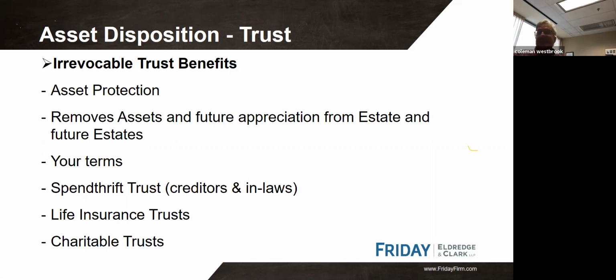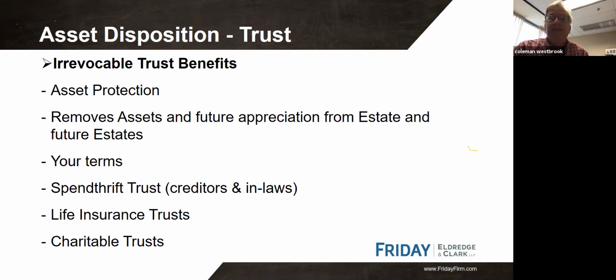And so if bad things then happen to me afterwards, those assets are protected from creditors and lawsuits and whatnot. Another reason for those with large estates, an irrevocable trust is a tool that we encourage people to make gifts and transfers to while they're living, so that they can remove assets from their estate and the appreciation on those assets from their estate. So there's a transfer tax, estate tax reason why people would fund and set up an irrevocable